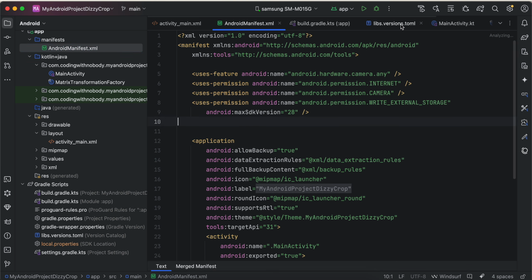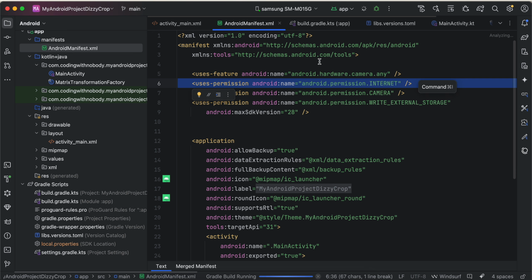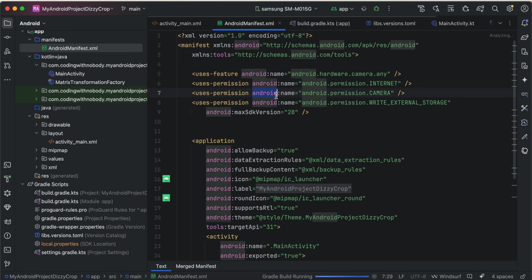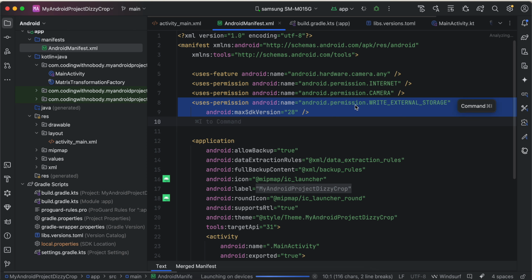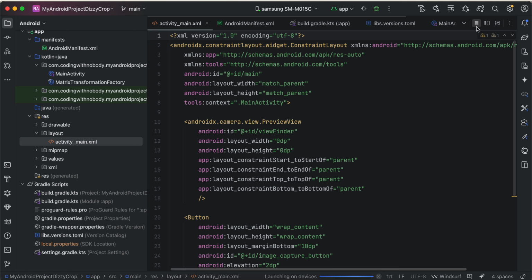Then you will have to go to Android manifest, and here you will have to first add uses feature of camera. Internet permission is not really required, but I have added it, and camera permission as well as write external storage permission. Then you will have to go to activity underscore main, and here you will have to come to